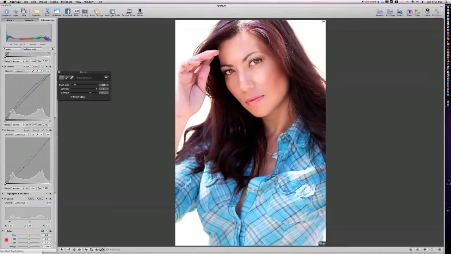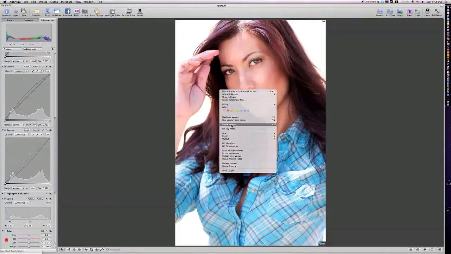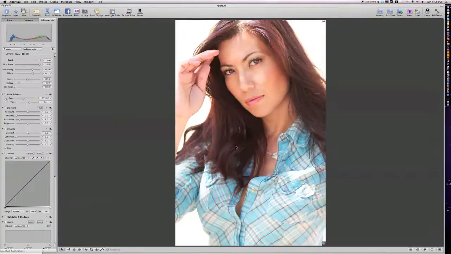Maybe we will do something with the hair, just for the fun of it. Now we're going to burn the hair. Let's look at before and after. Alright, that's